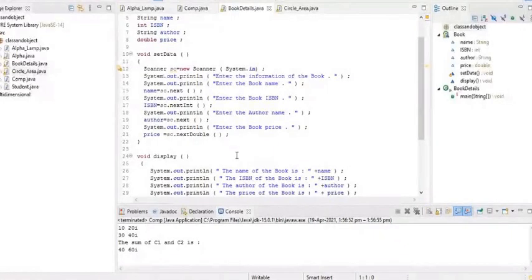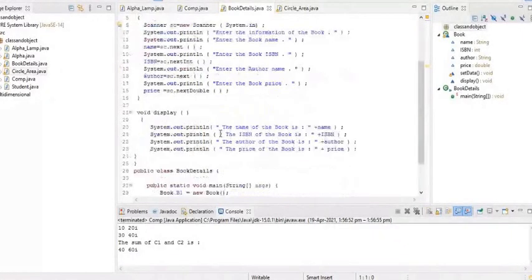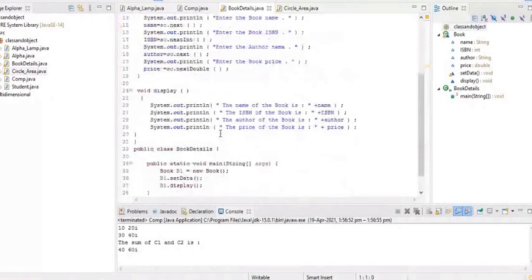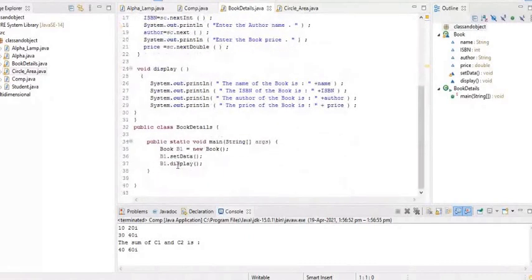Then after entering the data, it again goes to the main method. Then it calls the b1.display method. In the display method, we display the information, that is the book name, ISBN, author name of the book, and the price.